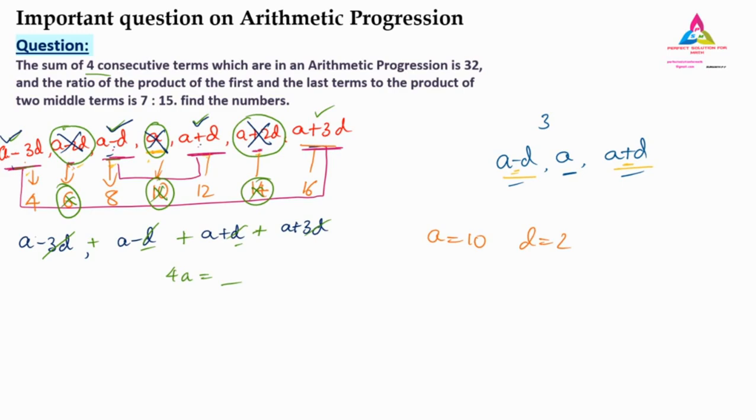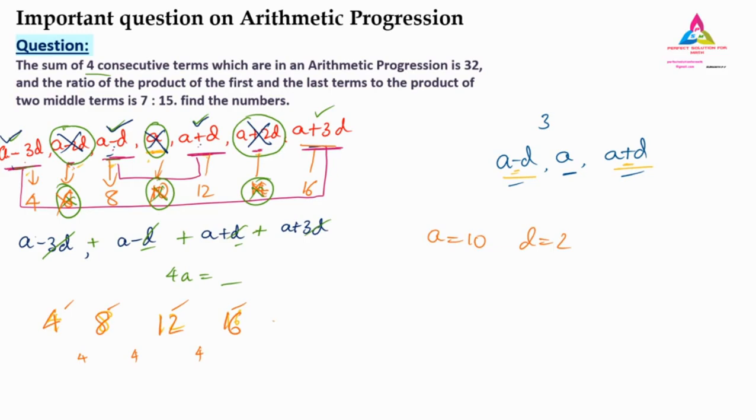Now what we got over here: the numbers are 4, next one is 8, next one is 12, and next one is 16. See, we got the terms as 4, 8, 12, 16. Now see whether the new AP we found, after neglecting the middle term, is in AP. 4, 8, difference is 4. 8, 12, again difference is 4. 12 to 16, difference is 4. Means if you neglect the middle term also, we get the terms in AP only.